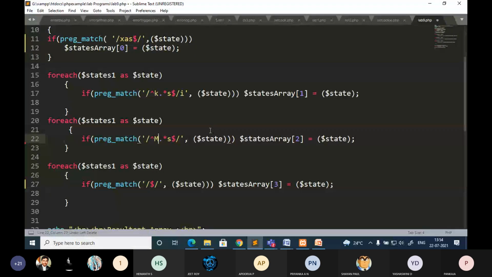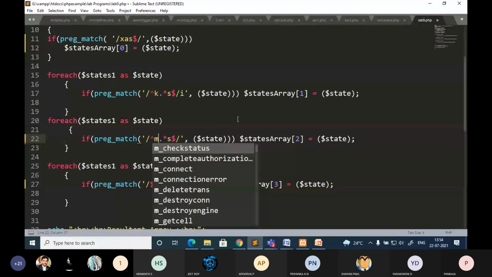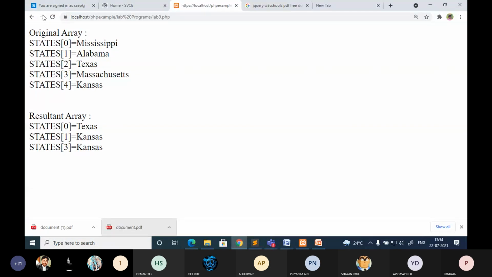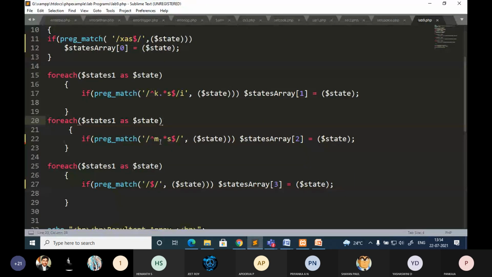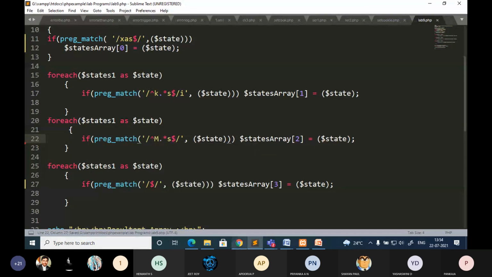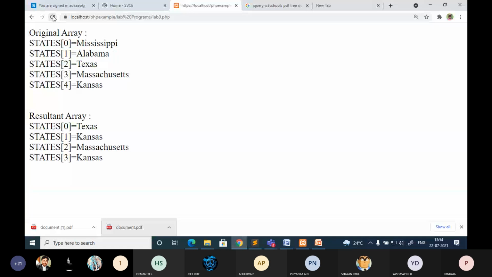Back. So we'll see. I'll just change it. This is case sensitive, so let me change it to M. We'll see whether it is going to find it. Okay, you can see it is not finding any match for this given pattern. So that means whatever letters you give, it is case sensitive.